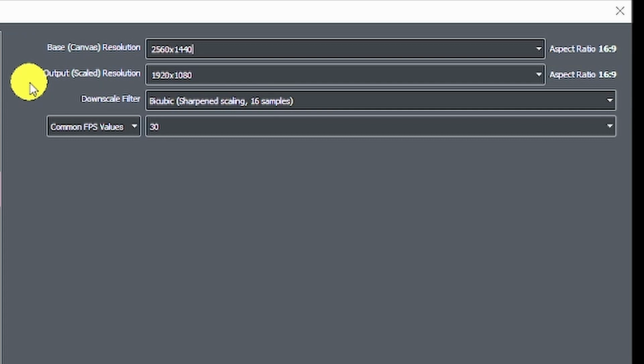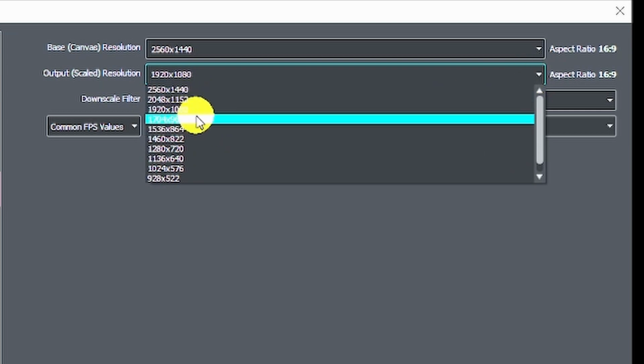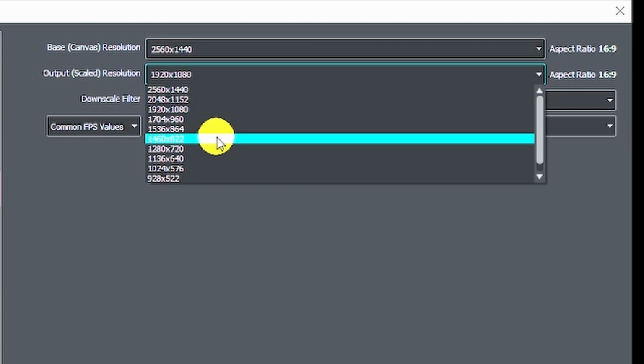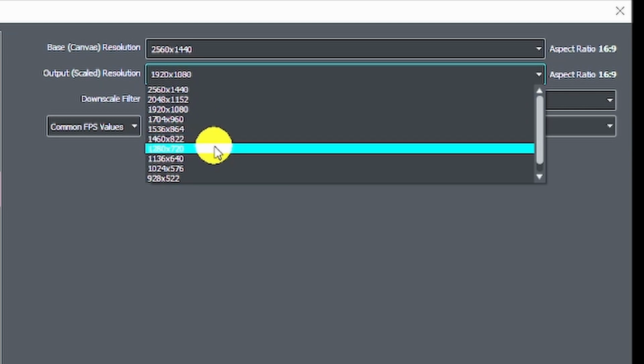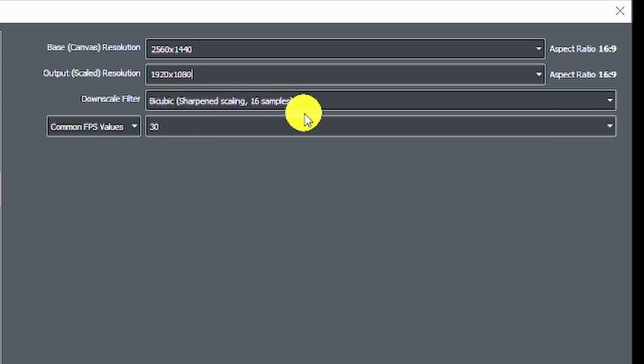However, if you have any reason why you want to have this scaled down even more, and one of the reasons might be that you don't have a lot of space and you want to save on file size, you can go down to other settings. They should have the same ratio to one another, but a very common setting is 1280 by 720 or even 928 by 522. But I keep it on this output, so that is the output resolution that OBS will produce